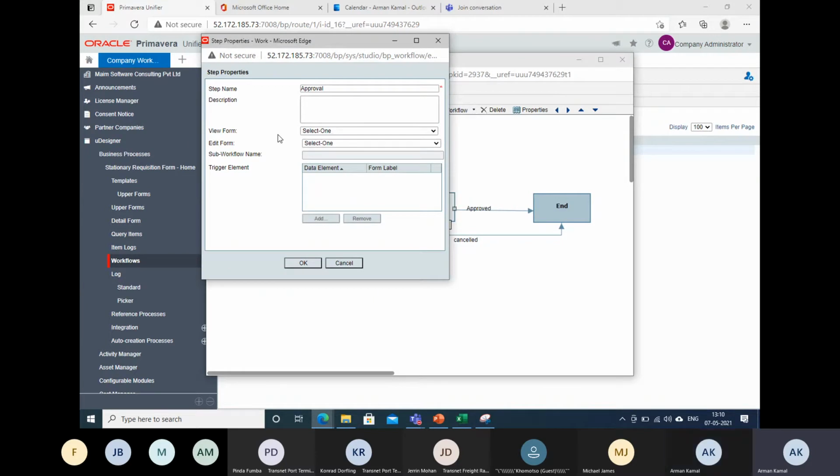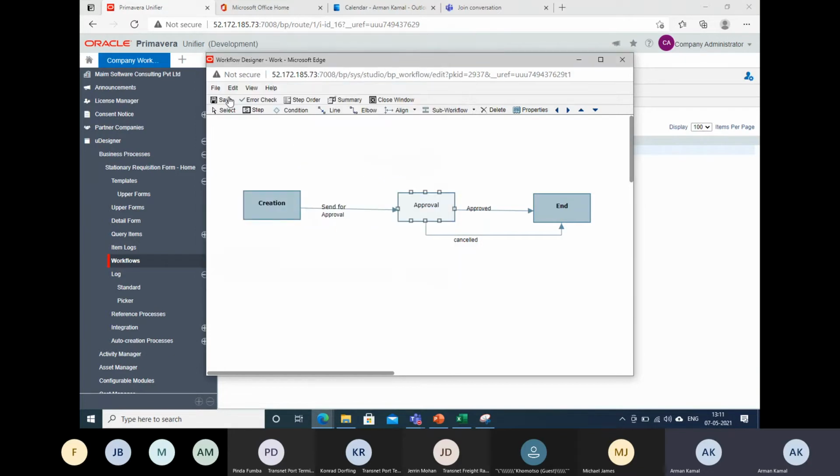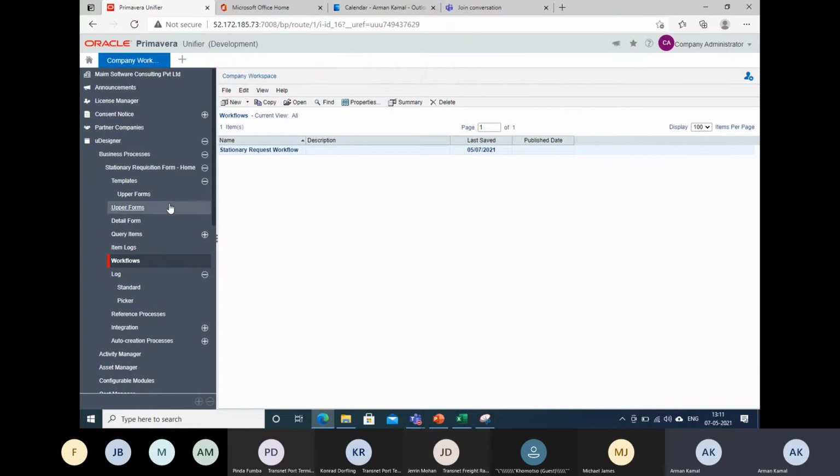So view form, you can see this. There is no view form being displayed here. Okay, so why is it showing like this? Because we have made only the action form. So in Unifier we have to mug up, you have to remember that in a workflow, the intermediate step definitely asks you for a view form also. So it does not have any view form in the BP. I need to create it. Let me fix it. I will save it and I will create a view form.